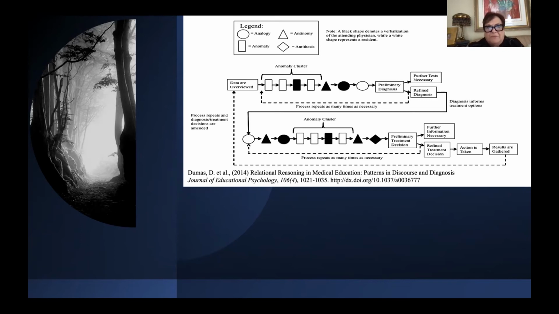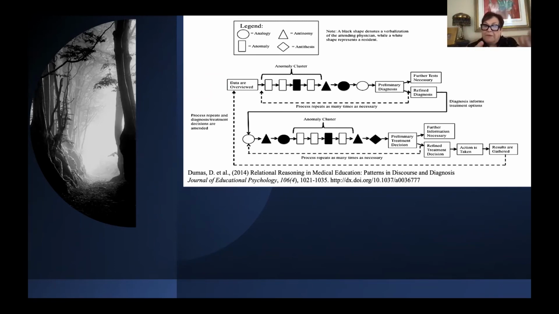But then sometimes you'll see that periodically the darker figures are the attending. The attending, like a very effective teacher, is part of this decision-making group. But what he did is he would sit outside of it and punctuate at times to get the students to think about something else or to rethink what they were doing. And so after these anomalous conditions were noted, somebody would tend to venture that this reminds them of a case of X. And that's where they get to making this kind of analogic comparison.